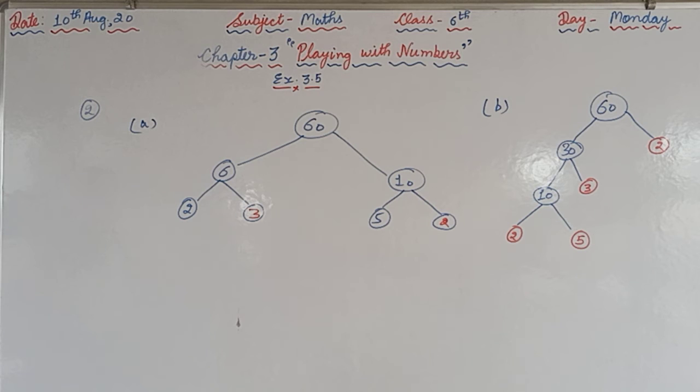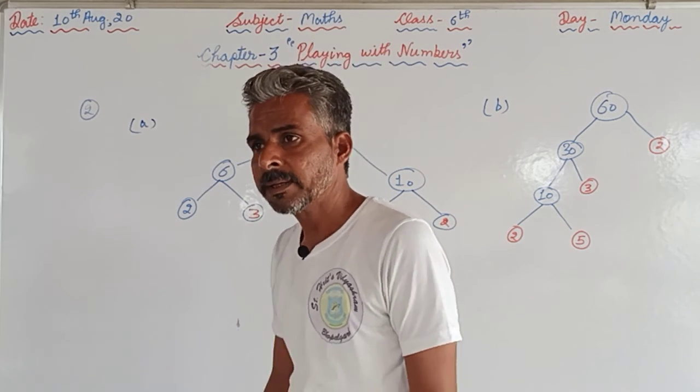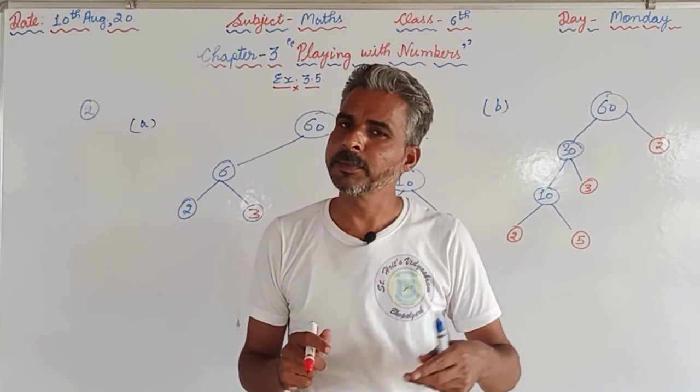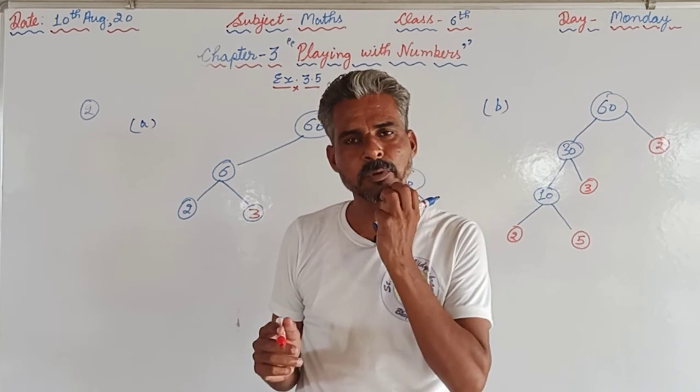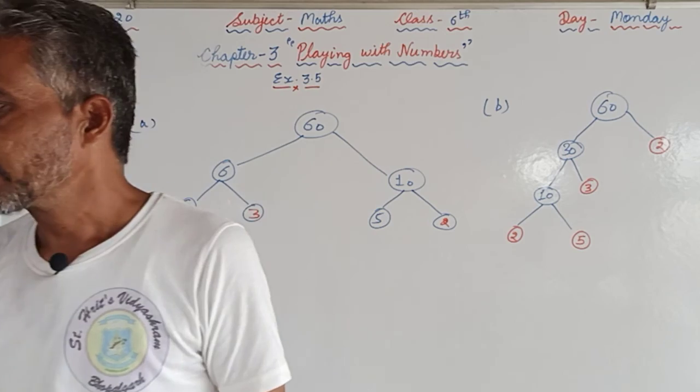At the same time you are supposed to read some more rules on page number 59. First, second, third, fourth, 4 rules are there. So you are supposed to read those 4 rules and you are supposed to complete question number 1, 2 and 3. At the same time, if you have any pending work from the previous exercise, you are supposed to complete it today only, and tomorrow we will discuss the remaining questions.